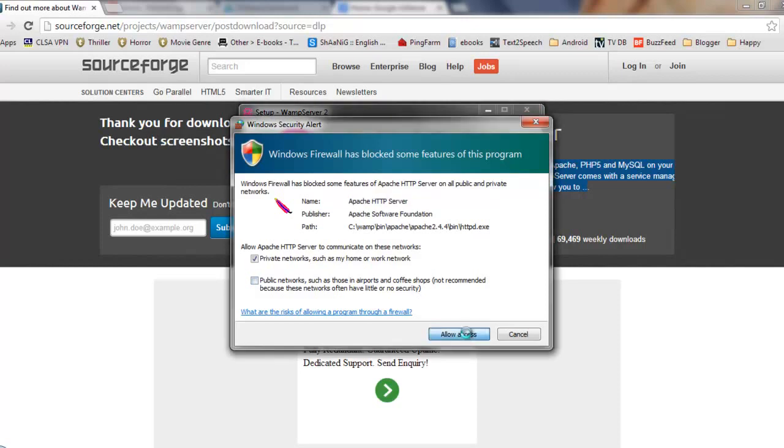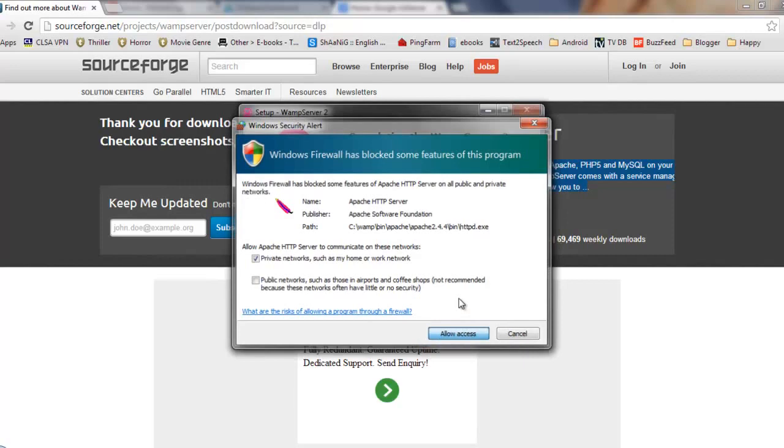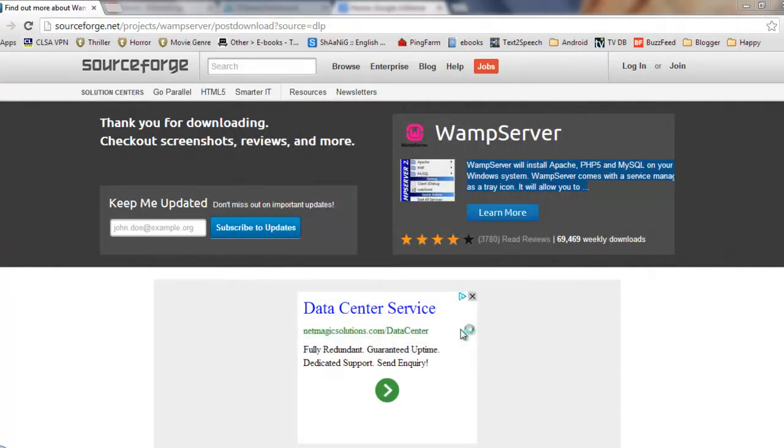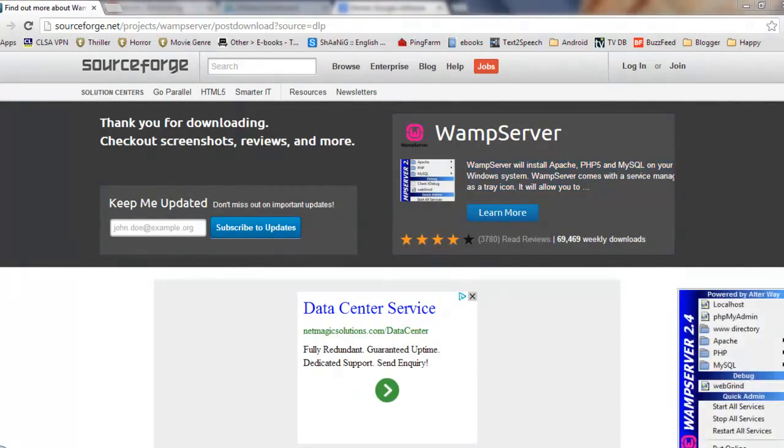Now on SMTP, just leave it as it is, localhost, and on email just leave it as default, allow access for the firewall. Now click finish to launch the WAMP server. It will take some time to boot up the server.